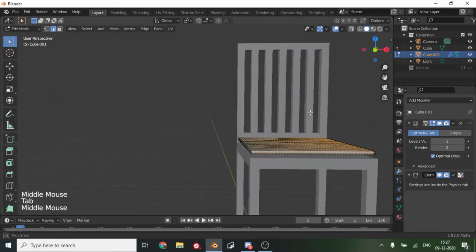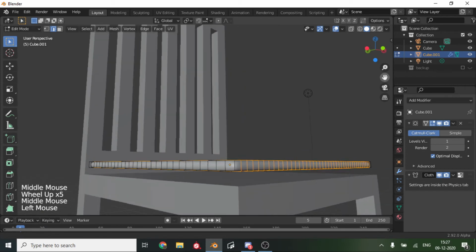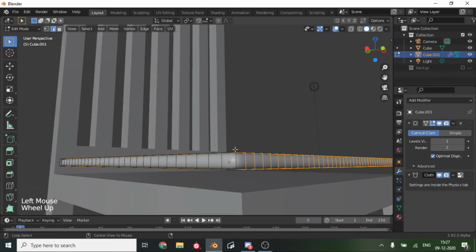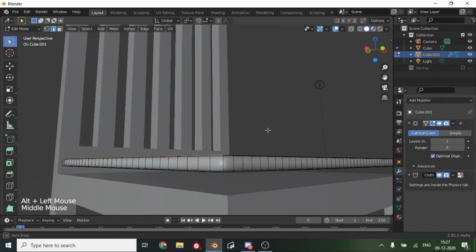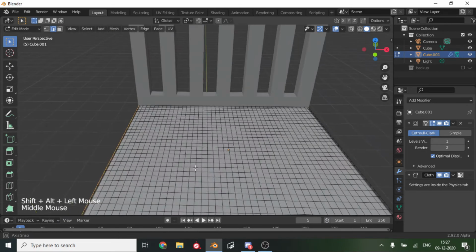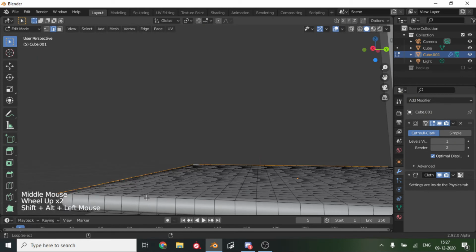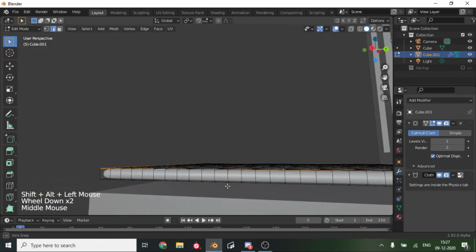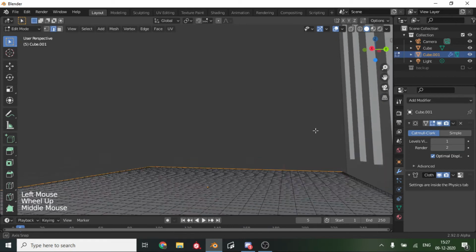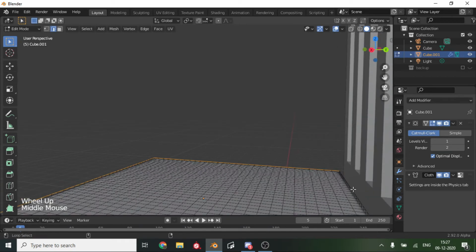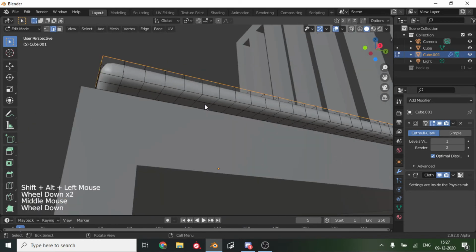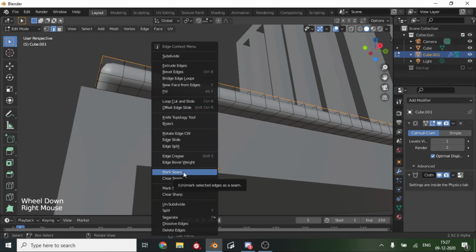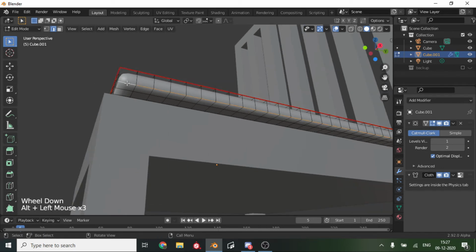But first we have to Tab into edit mode, select it, and go Alt. Alt clicking would select a line, and double Alt clicking or Shift Alt will help you. So you want to select the whole line just like I am, and once you select it, right click and select Mark Seam.